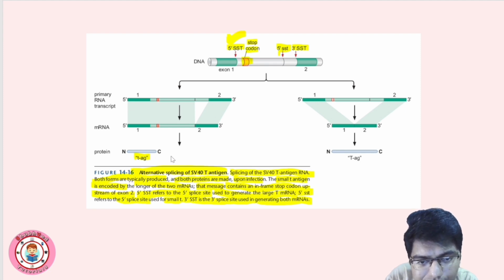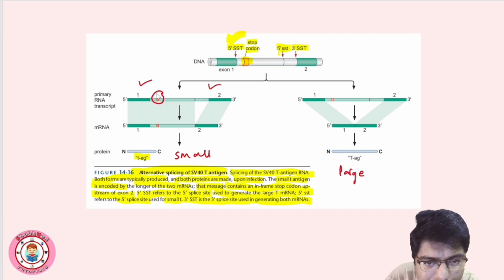This is a small one and this is a large, right? Large है. Okay, यहाँ पे क्या है? This is a exon 1, this is a exon 2. But in this case, ये stop codon है, stop codon. So this stop codon is very important. Okay, we can see here, यहाँ पे stop codon है. So in the first case, इतने ही codon तक protein synthesis होगी. Okay, because this is a stop codon,